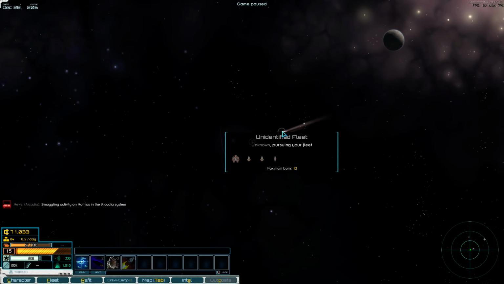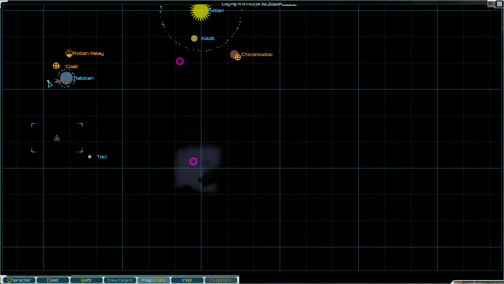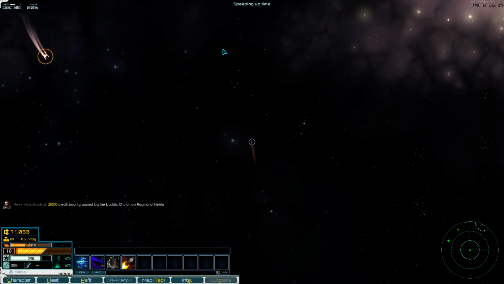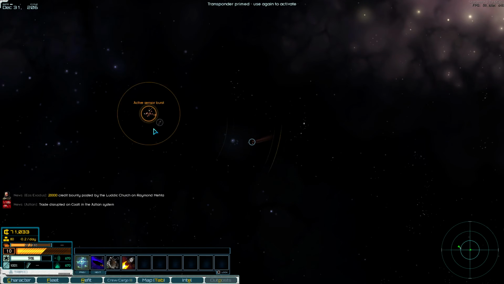Okay, so what have we got here? We've got an Enforcer class, possibly D, two Lashes and a Wolf. It's not something I would like to try to engage with my current fleet, to be honest. The Enforcer class is a strong destroyer. It's very well equipped. Let's see if we can find a Zora. Let's pursue the raiders. If it's pursuing the raiders, we might be able to...